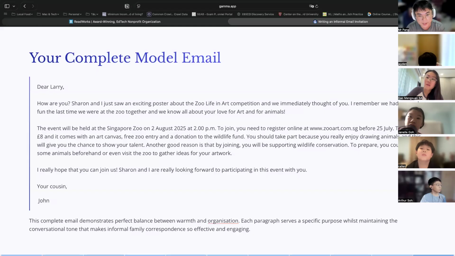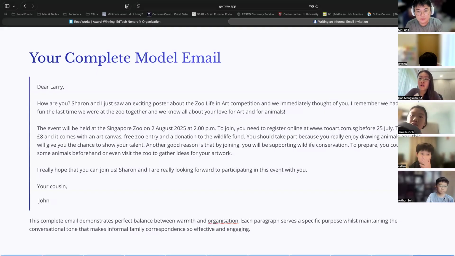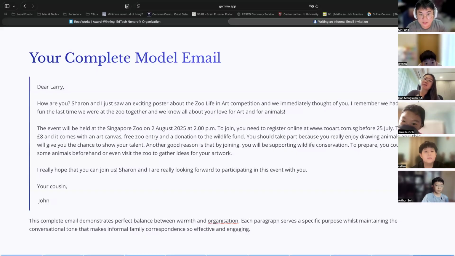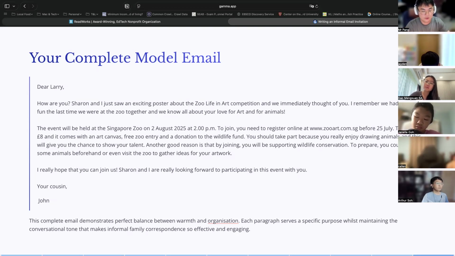And again, right? Can you see the balance between being very warm and friendly and also getting your cousin to do something, right? You're trying to convince him to do something. So there's practical side. You want him to do something, join this event with you. There's also a very friendly side, which is, you want him to feel how much you and your sister Sharon want him to join this activity, the warmth of it. Okay? Just take a look, read through, see how every point comes together. Look at the structure, 3 paragraphs. Look at the way that it ends.